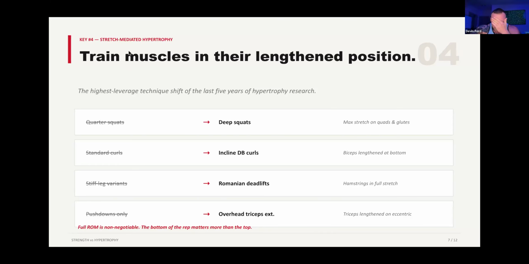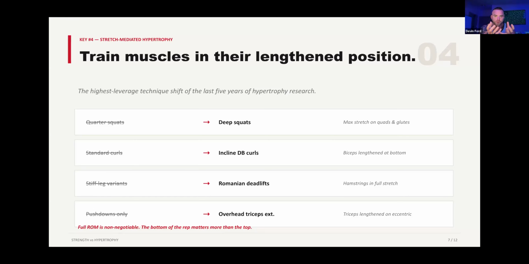So then another part of this, so we understand that force and time drive hypertrophy, and rest makes a big difference. Cool, got it. What else? One of the other things that's really important is how the force is being applied to the muscle. This is why you hear about range of motion and full depth squats and all this kind of stuff. Why does it matter? It's because of how the force is actually being applied to the muscle. We understand that force and how long the force is being applied for is what drives hypertrophy. But how the force is being applied to begin with makes a massive difference.